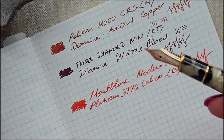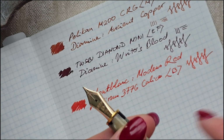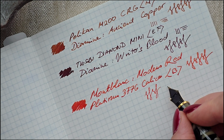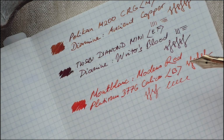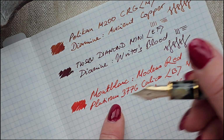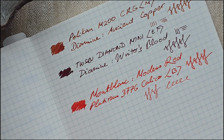Really beautiful broad nib, so smooth. I love this broad because it's mostly like a medium, and I can write reverse with it. I already showed that, but if I want a thinner line, I have two nibs in one pen. If I need something really in those tiny spots in my planners, usually I only use it with this. So don't think I always write with reverse, but I really like this